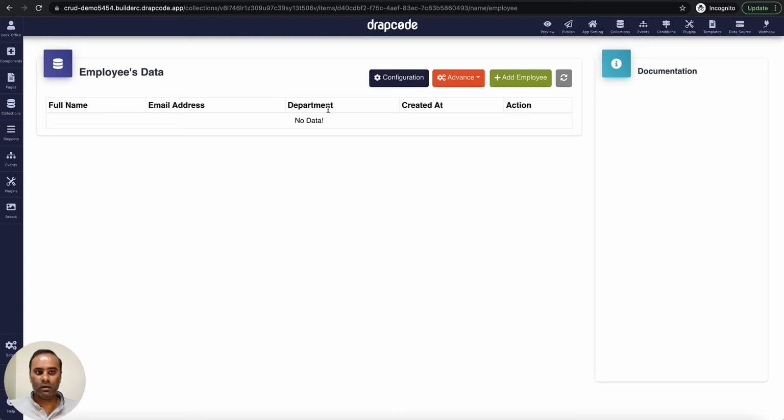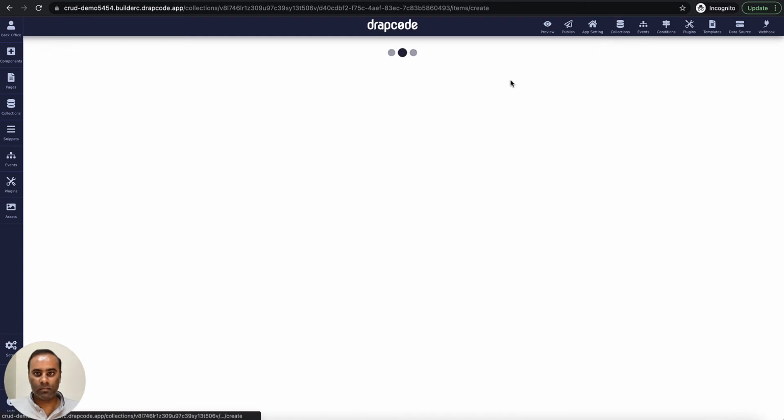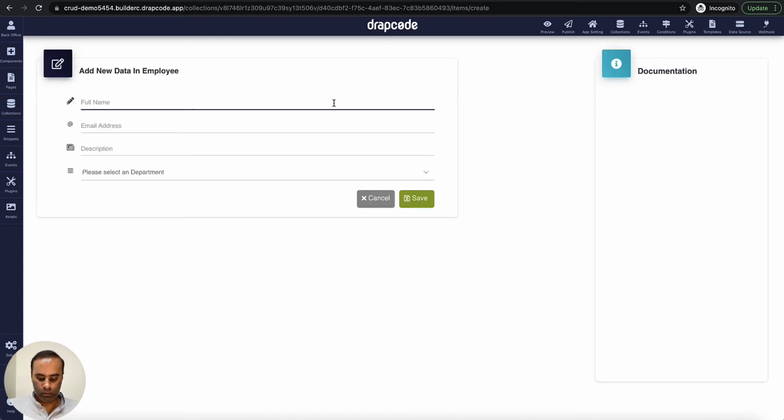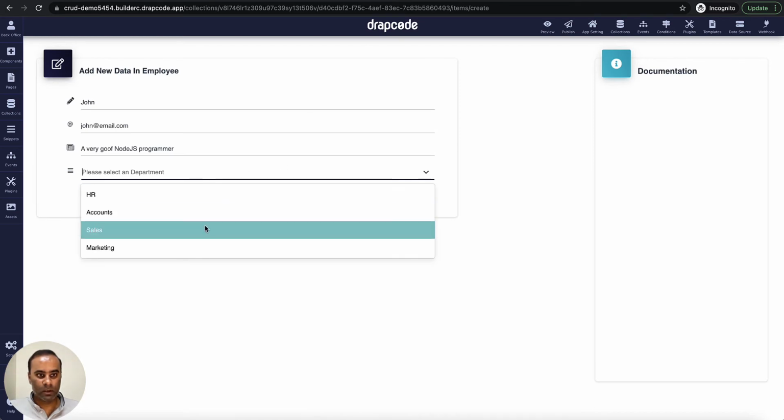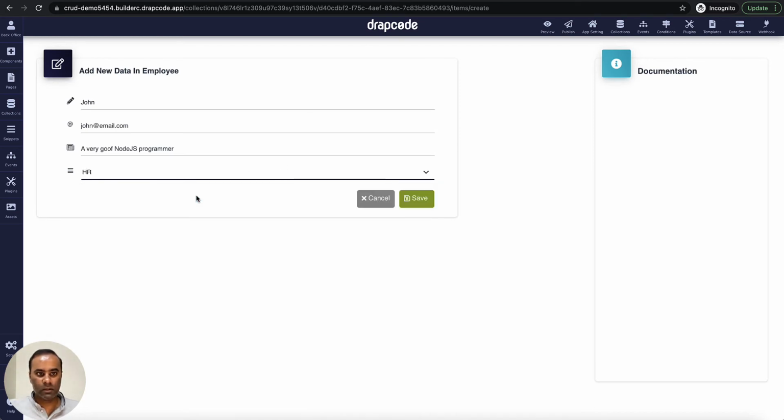So let's go and add a few employees. Employee, let's say John, email address is john@gmail.com, description is Node.js programmer, and department I'll say is HR department.